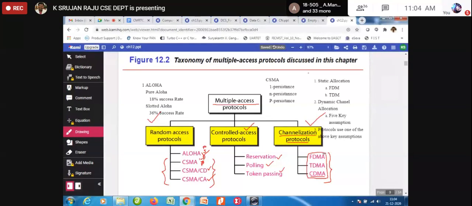Before we discuss this channelization, I'm going to ask: any doubts in these particular protocols? Any doubts in these protocols? Be fast, put it into the chat.